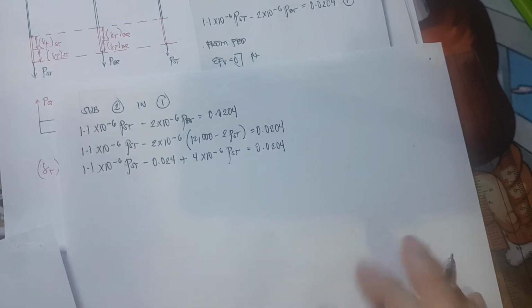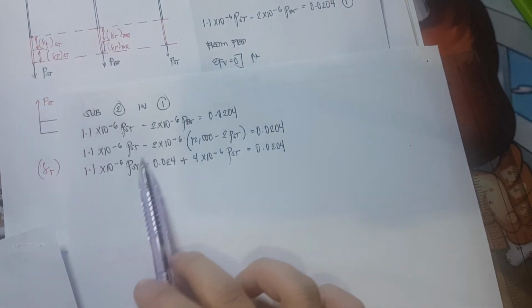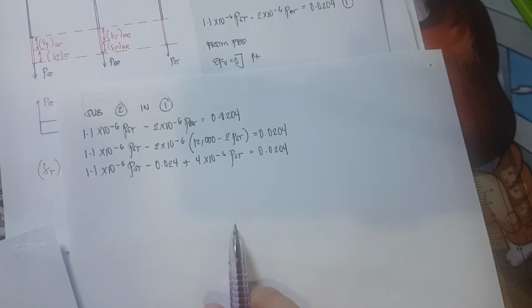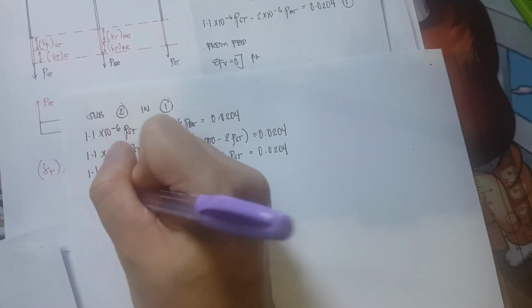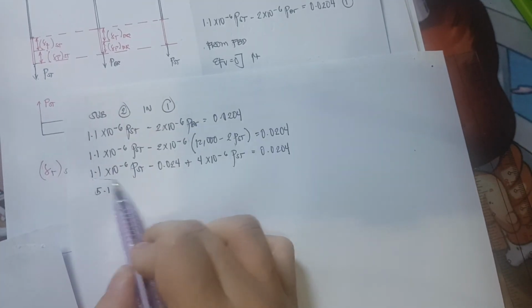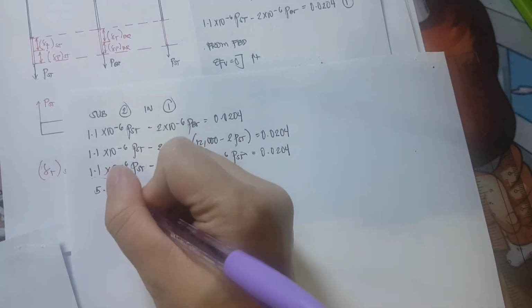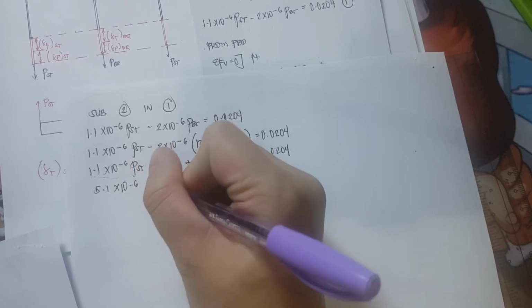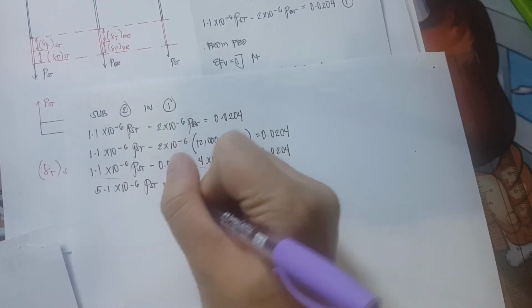Okay, so combine similar terms, then this term, transpose it to the other side of the equation. So we have 5.1, so add this term, and add this term. That would be 5.1 times 10 raised to negative 6 P of steel is equivalent to